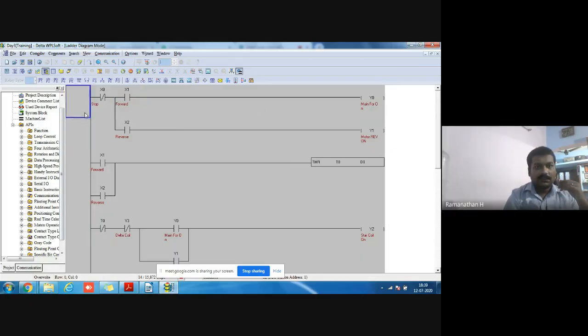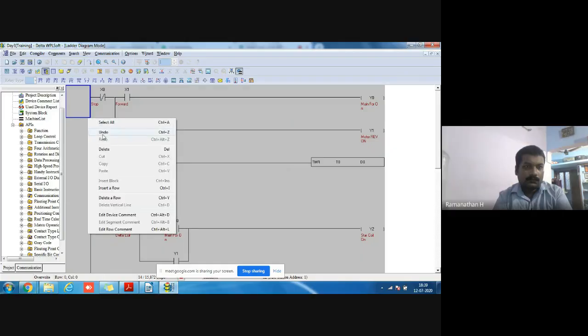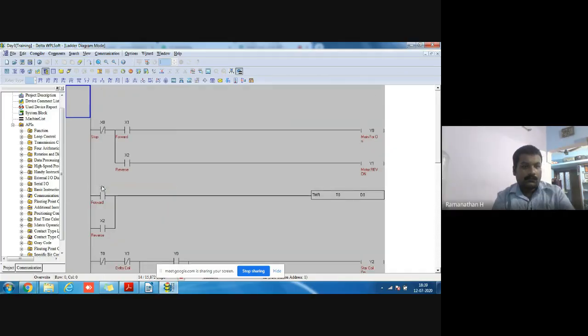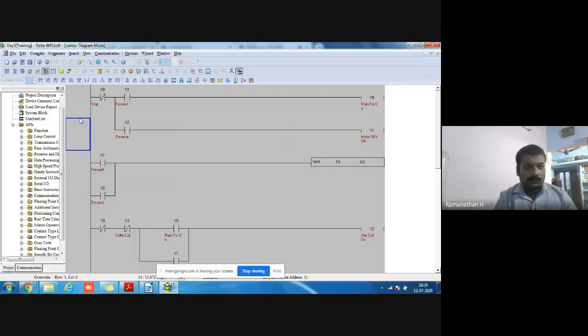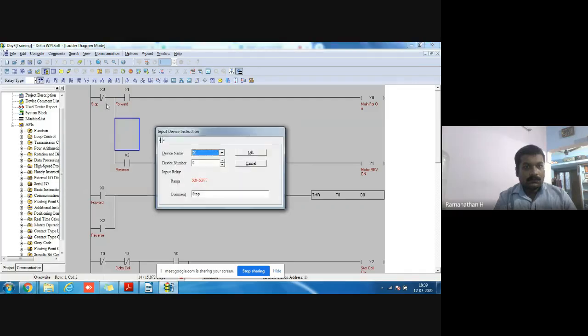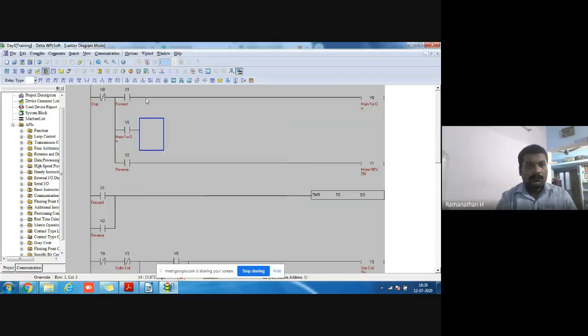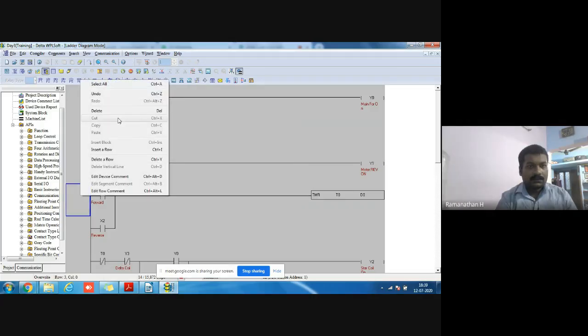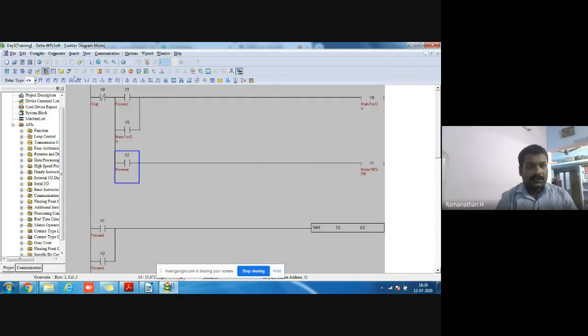How we latch it means, here we latch it. Then here also we put latching.